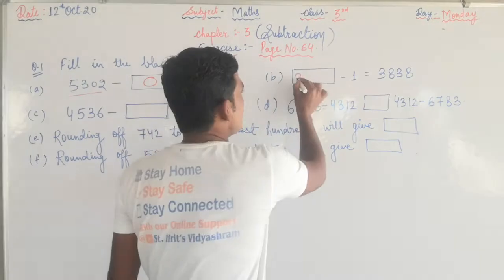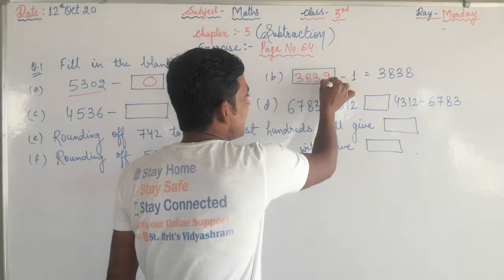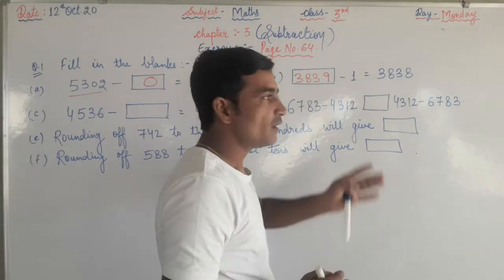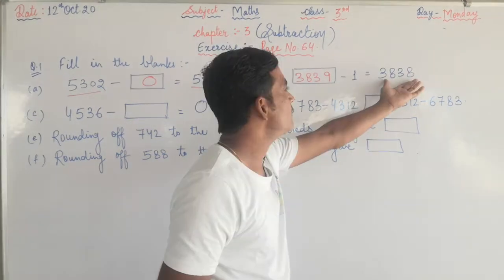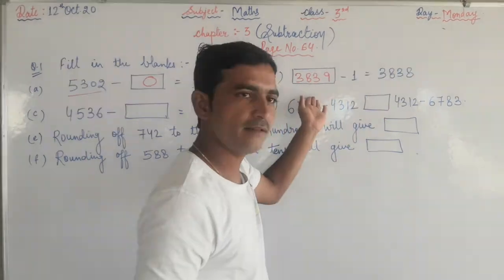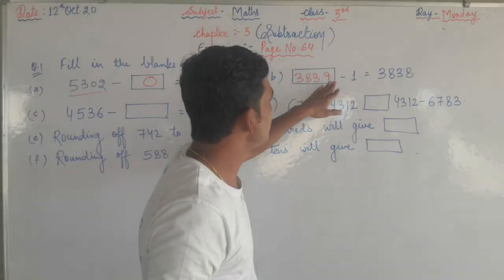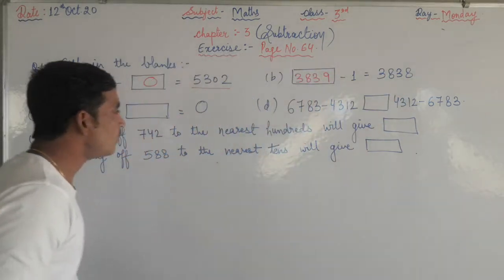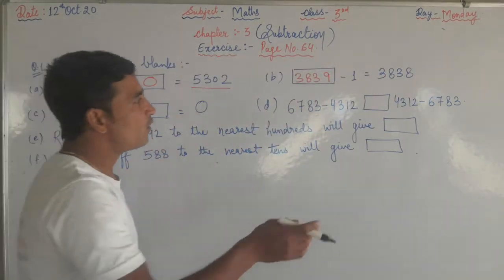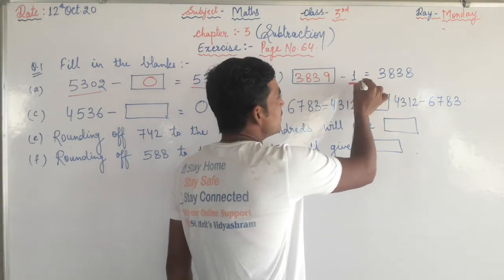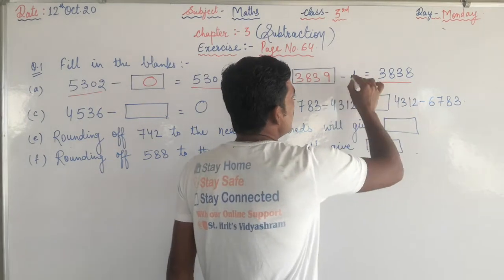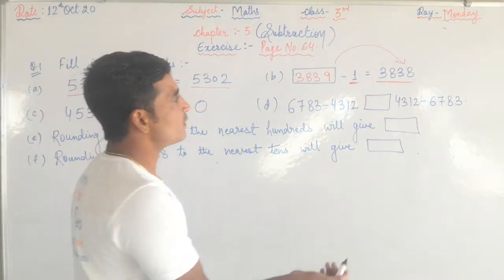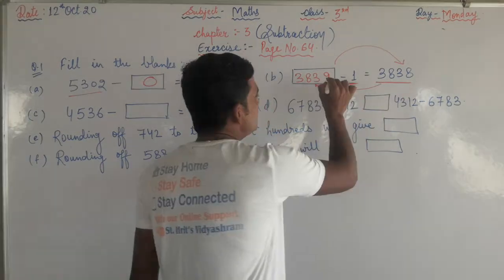See part B, you have to subtract 1 from the number to get this number. So 3839. This is the predecessor and this is the successor, so in this you have to add 1 to get this number. 3839 minus 1 is 3838. If we subtract 1 from any number, what do we get in the result? We get the predecessor of the number. Or in reverse, this number is the successor of this number.